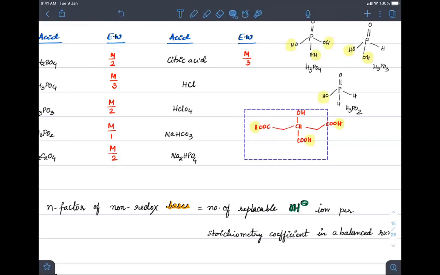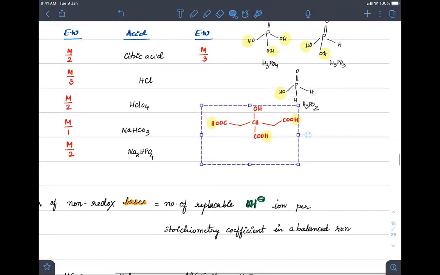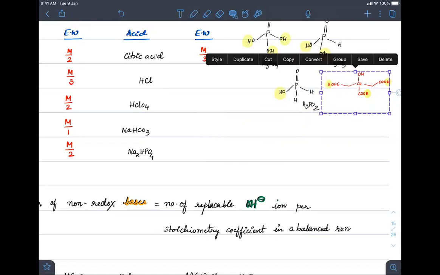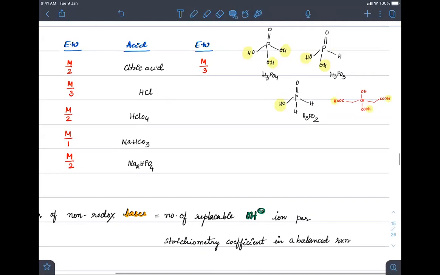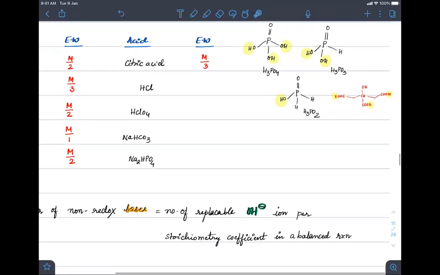Your question would be, sir, should we learn this citric acid structure? It will be better if you could learn it, because going ahead in organic, you will keep coming across this. So know that it has 3 COOH groups and these 3 hydrogens can be replaced. And in HCl, only one hydrogen is present. So M by 1. Here also one hydrogen is present. Here also one hydrogen is present. Although this is a salt, it still has this hydrogen to lose, correct? And that is acidic. Here also, although it is Na2HPO4, one hydrogen is still there. So this will also be M by 1.